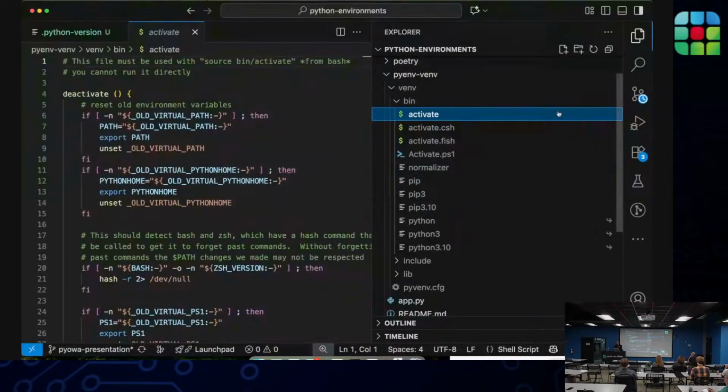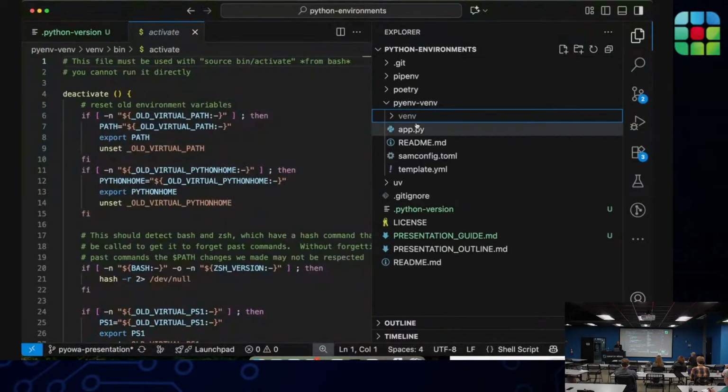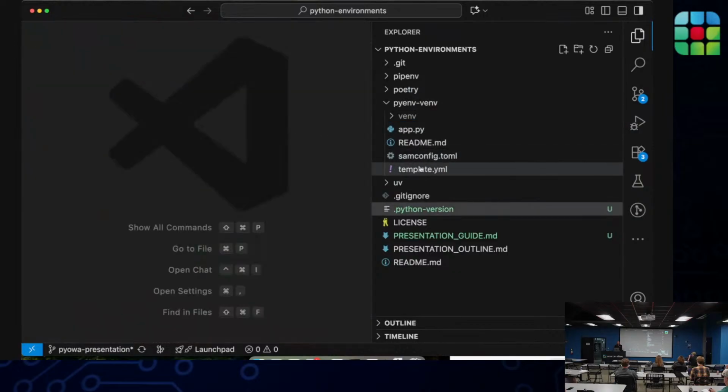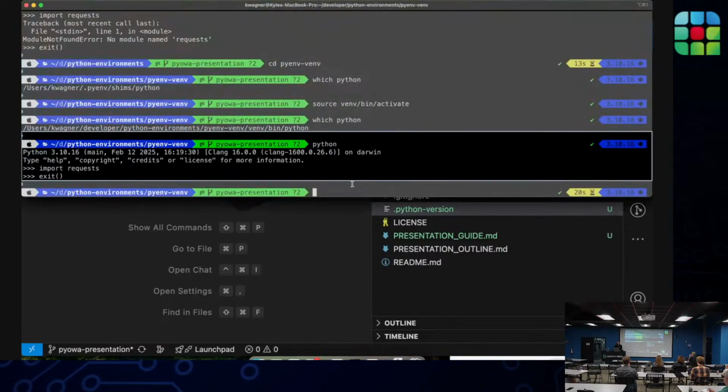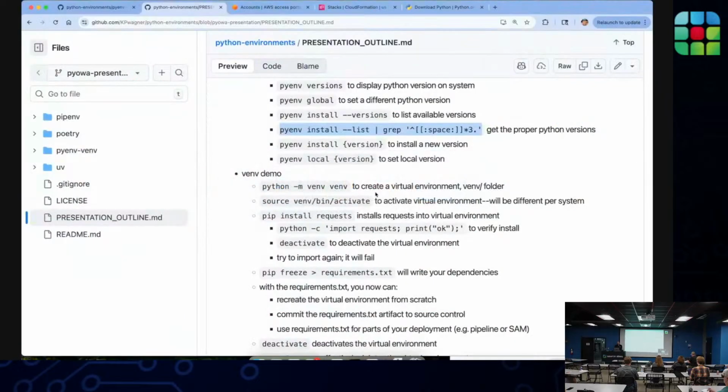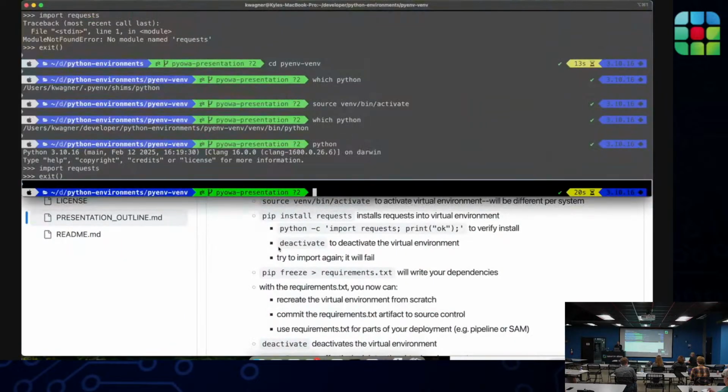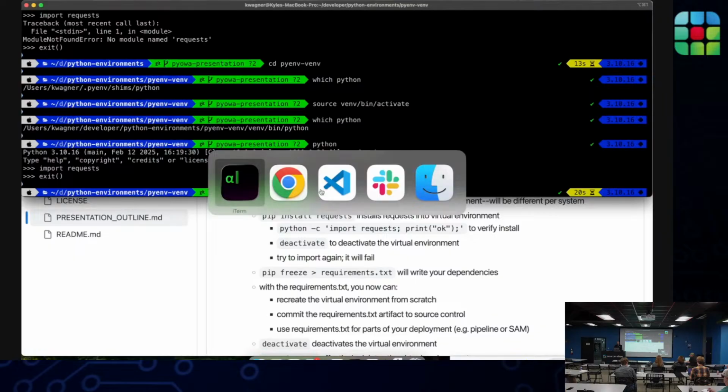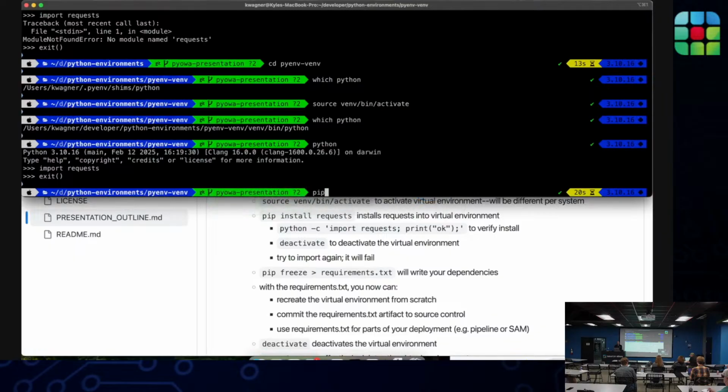Okay, so back in the project structure, we can see that in this pyenv directory, there are a few other files. Let's export our current dependencies by running pip freeze, and we'll write that to a file.